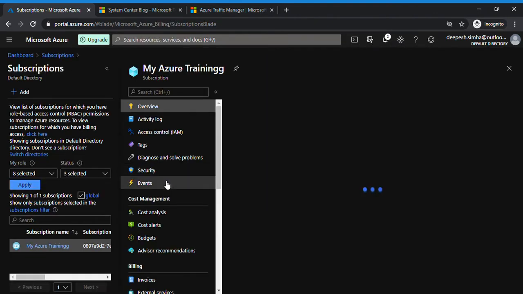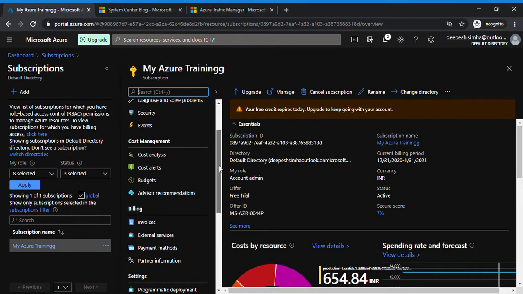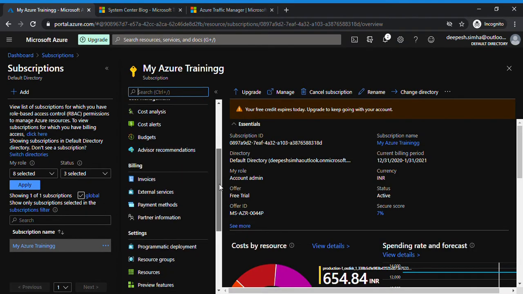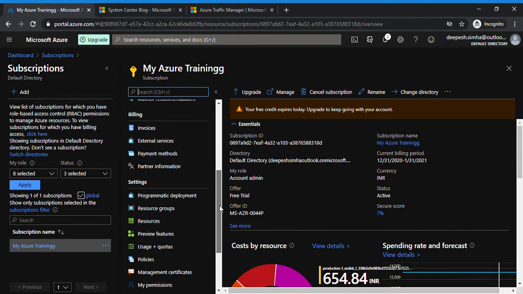Let's open a subscription, and every subscription is going to have usage and quota. By default, Microsoft sets some limitations for each and every subscription. What it means is, whenever you create a subscription with a kind of support or offer plan, for example, we have created a subscription by choosing free trial, it means the free trial subscription is going to have some limitation at the Microsoft data center level. When I'm saying free trial, it's not going to allow you to create any number of things that you want, right?